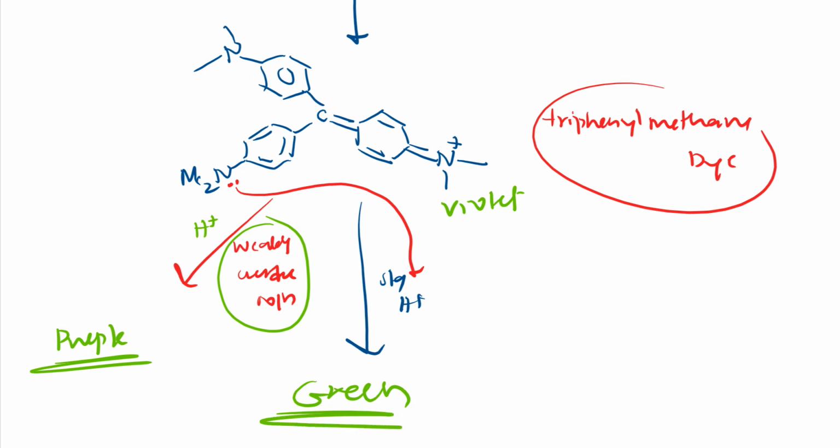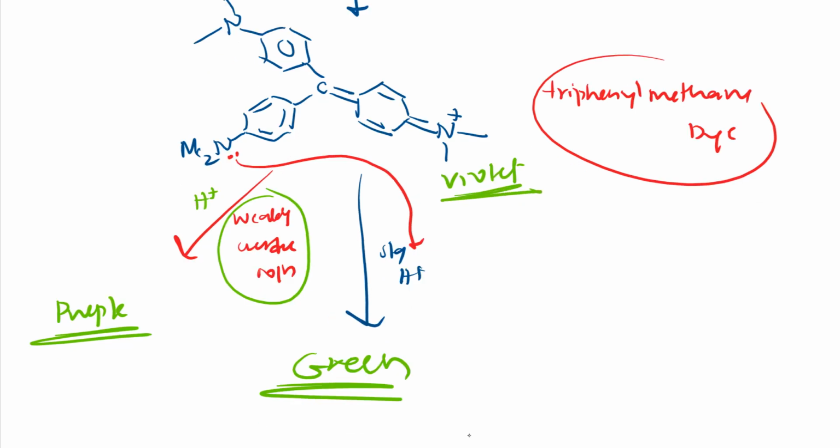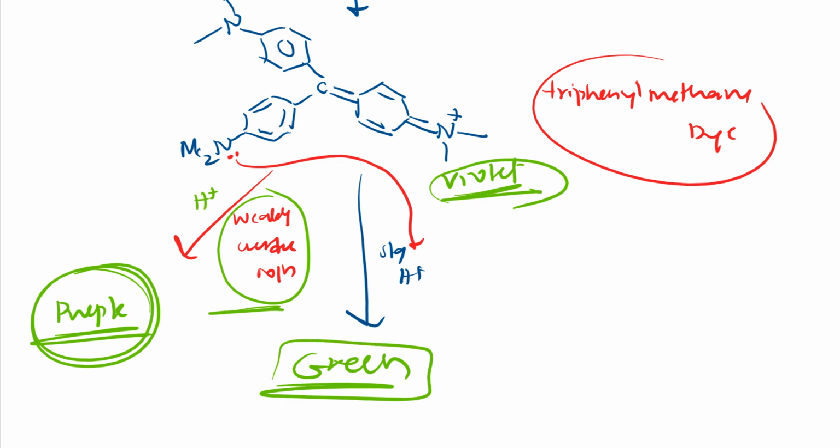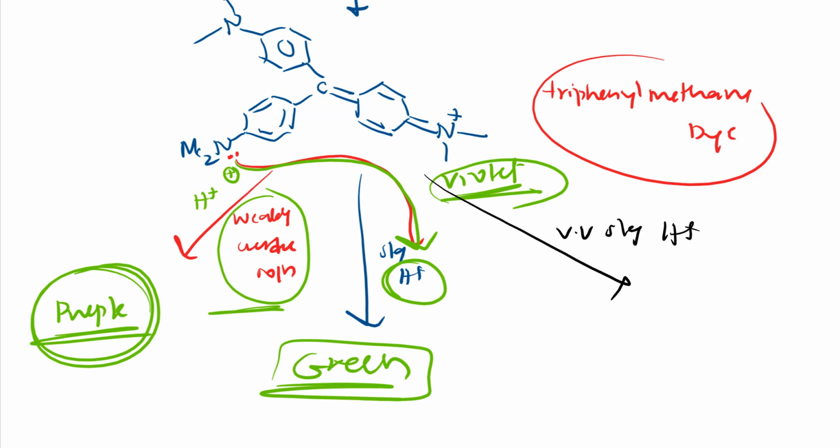right? Initially it was violet, or I can call it all purple color, both are the same only. It is so when it is in weakly acidic condition or weakly acidic solution. If I add a little strong acid, then it becomes green. Why it becomes green, I have told, this H plus is there, right? It will attack this nitrogen, so this nitrogen gets positive charge, and its color is green because of resonance inhibition.